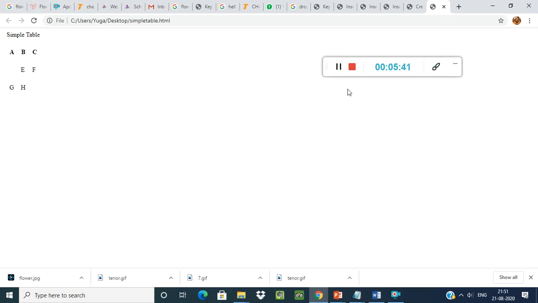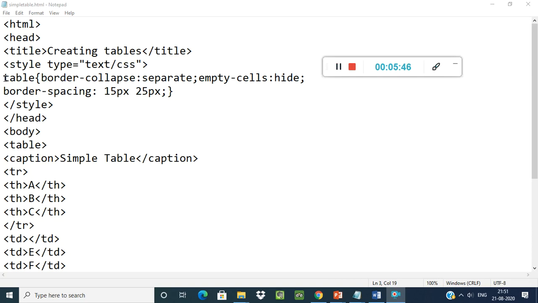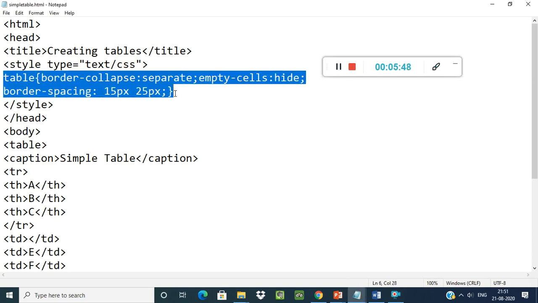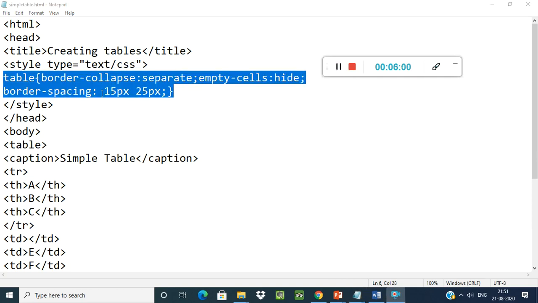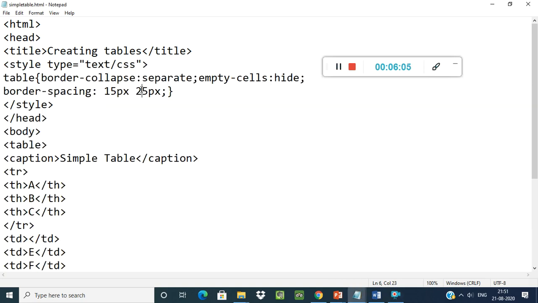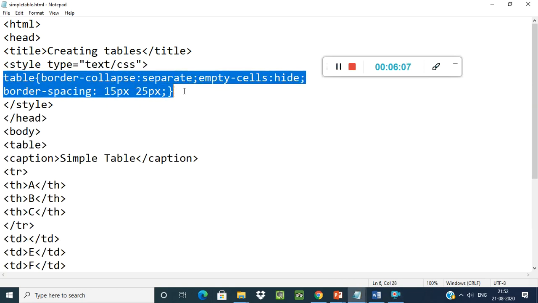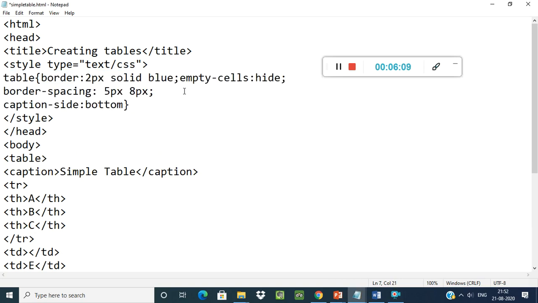Go to your coding file. If you want to give a border, you need to change only these two lines. See, border collapse is separate. Instead of this, you have to change here. Select this, and copy and paste it.